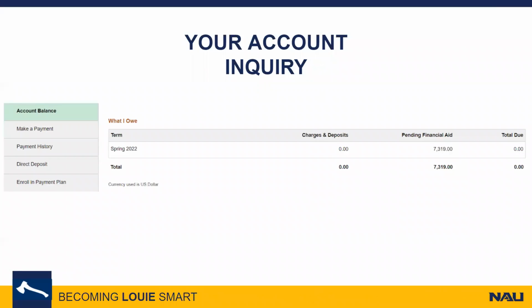We're going to dig a little deeper into the financial account tile of your LOUIE account to help you understand how to view and make payments towards your charges. Clicking on Account Balance will bring up a page that looks like this that will show you what you owe. Already, you can see the total amount that you owe for each term before and after your pending financial aid hits your account. Right now, all of your financial aid is pending as it cannot disperse until 10 days before